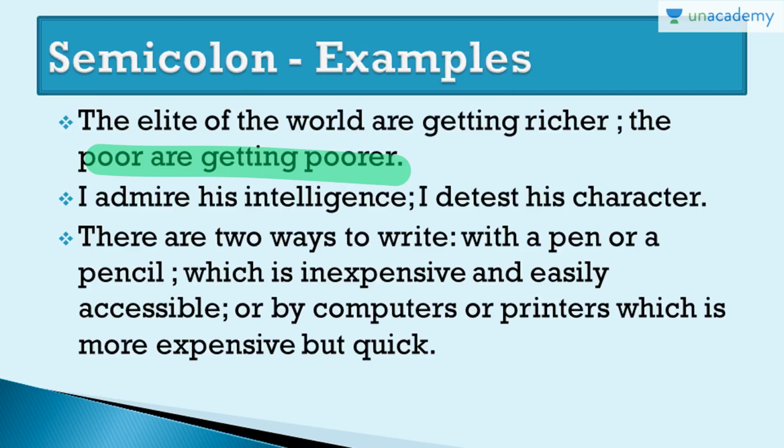I admire his intelligence. I detest his character. Well, we're talking about one person. So again, the sentences are thematically linked, but they are two completely different sentences. Now, one might think that a full stop could have separated it. Yes, but a full stop is known to cut a sentence into two halves, and a full stop gives you the feeling that a sentence ends here. But when two things are related, how will you relate them with a full stop? A full stop means that a sentence has ended here. But we need to show the link.